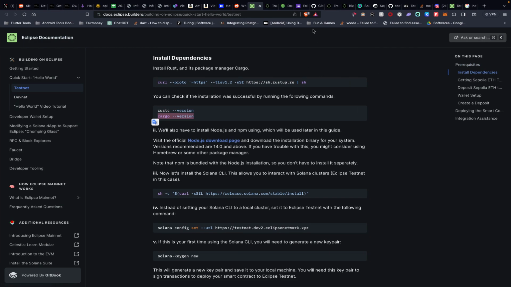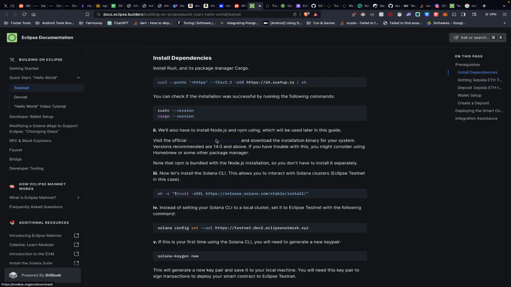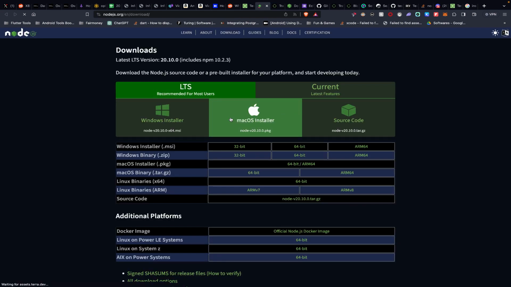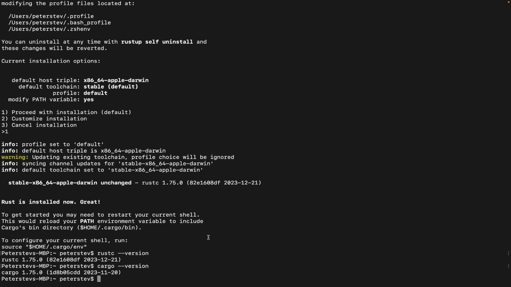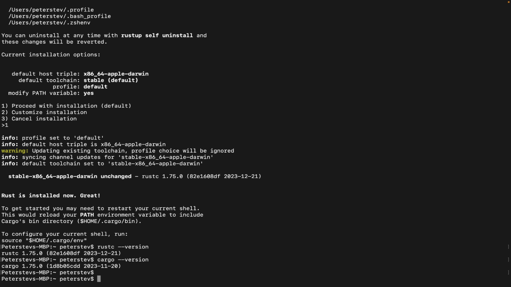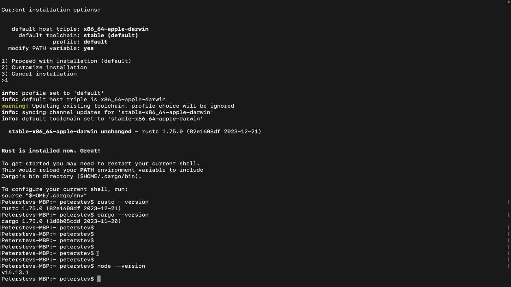Then we want to download Node.js. Downloading Node.js is straightforward. You just go to the Node.js website, follow this link. So this is the Node.js website. Click on Mac installer. If you're on Windows, click Windows, and just like that, the Node.js installer should start downloading. I don't need to download it again. Just follow your normal installation process like you would install any program, and that should be fine. If you're successful, what you can do is come here and type node version,